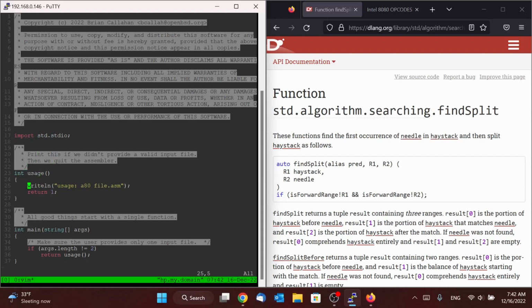Another really interesting thing about D is that there are lots of different ways to express yourself. D is a highly expressive language. And one of the things you can do with WriteLine is you can specify where you want your output to go. So if you don't put anything, it automatically sends your output to standard out.